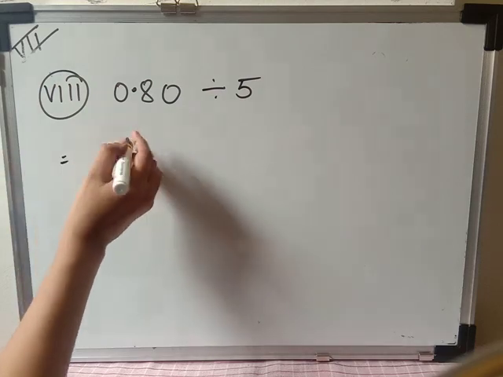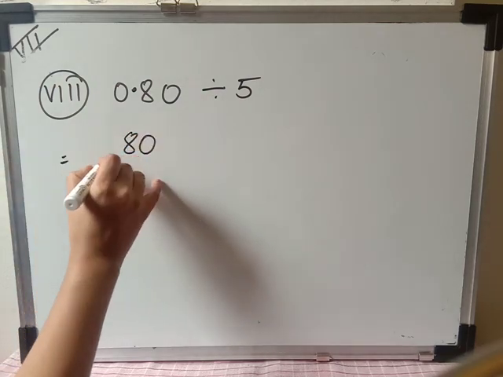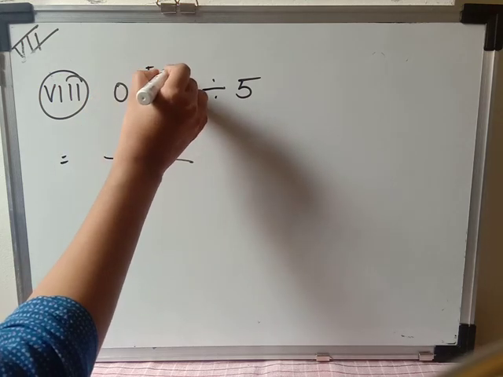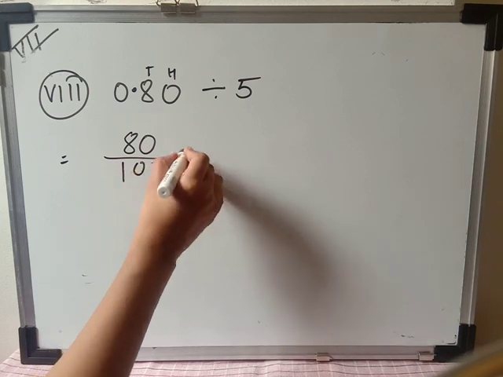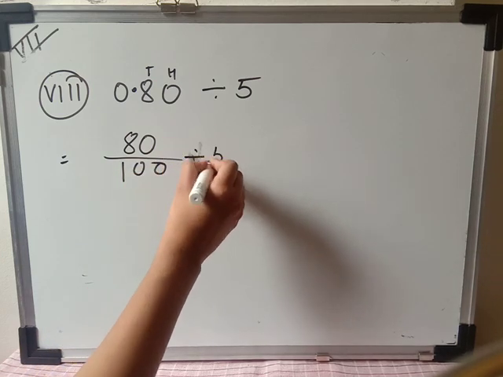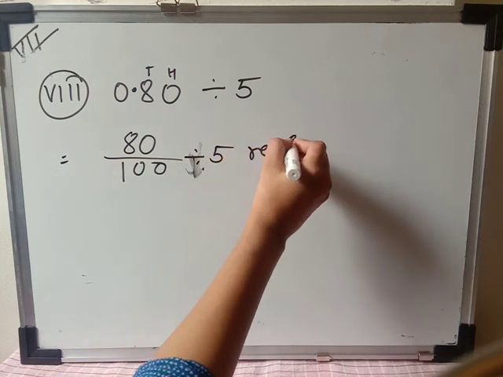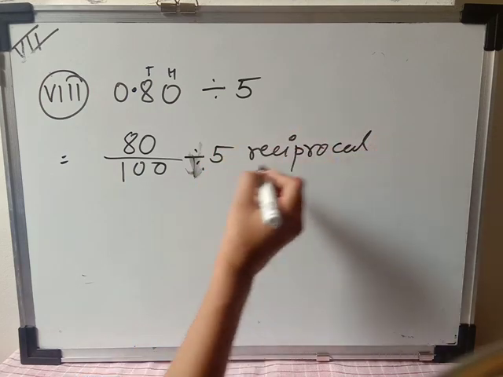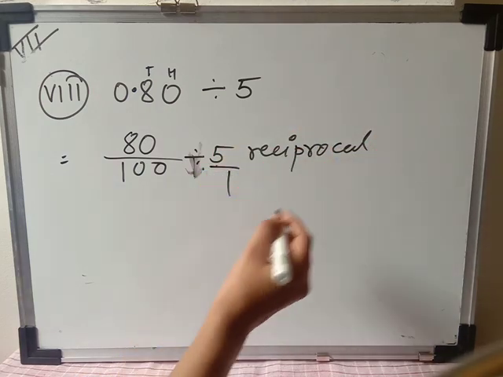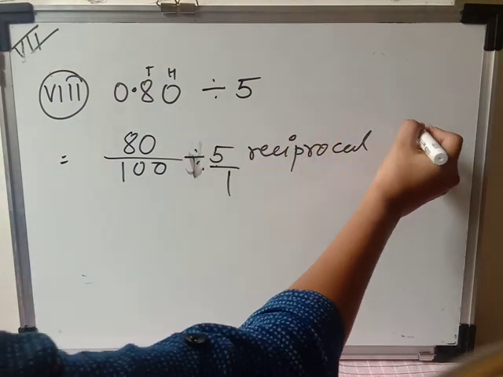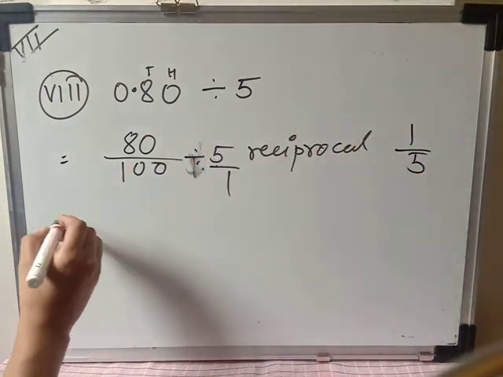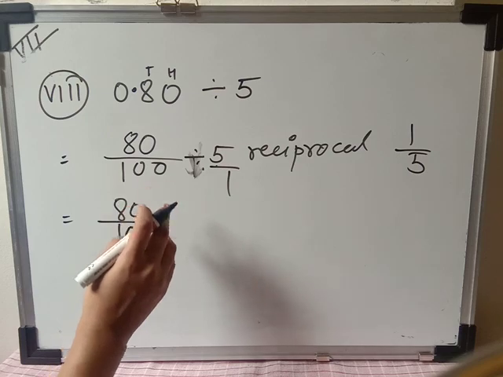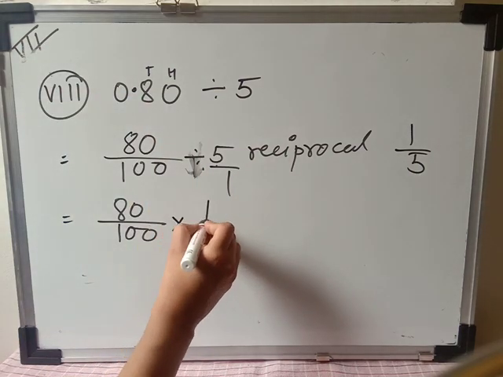Now when you remove the decimal, it means you have to write it in fraction form. So here 80 will come after the decimal. How many places are there? That is tenth and hundredth. It means you have to divide with the 100, divide with the 5. So we have to take the reciprocal of 5. Reciprocal means we need to write the 5 in fraction form. Nothing is there, it means 1 is there. So here will come the reciprocal of 5 upon 1, that is 1 upon 5. So we have taken the reciprocal, it means we have to change the sign, that will be multiplication. Division is there, so we have to do the multiplication and 1 upon 5.